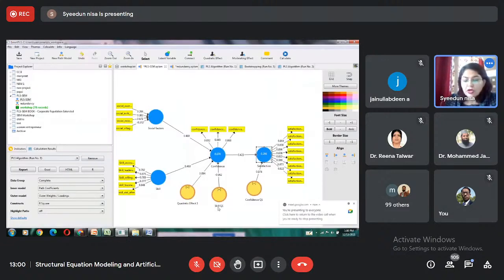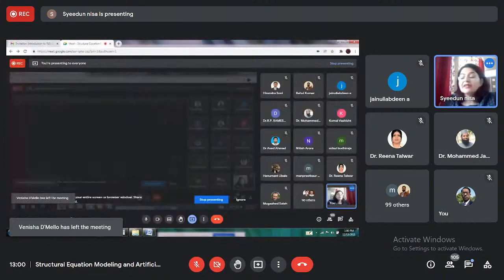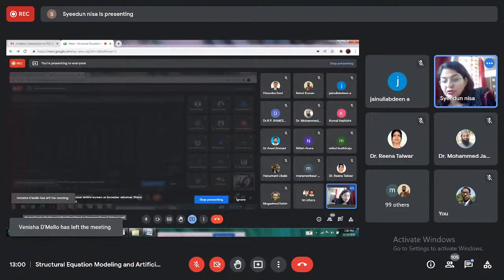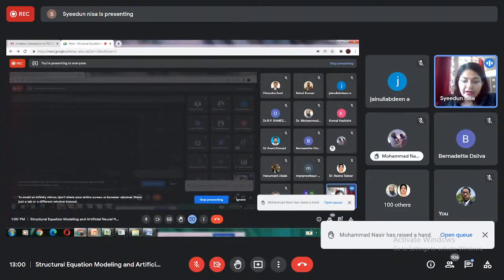You need to use a Gaussian copula करके है, उसके through you can do endogeneity check, but that you will do in R. Okay, so what you will do, you will copy your data from